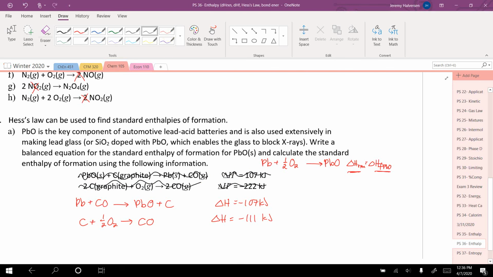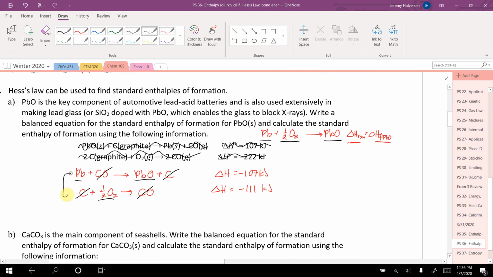Okay, so let's make sure everything works here. So I've got Pb on the left, 1/2 O2, 1/2 O2, PbO on the right, PbO on the right, and then C cancels C, CO cancels CO. So since these two equations add up to the one I want, these two enthalpies will add up to the enthalpy I want. So when I add them up,